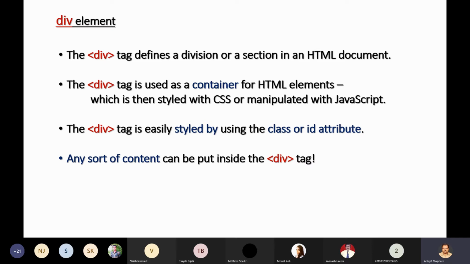This is the same job that you do with the help of the div element for the entire web page, or entire document, or entire screen. So this div element works in such a manner that, or rather, it is a container.